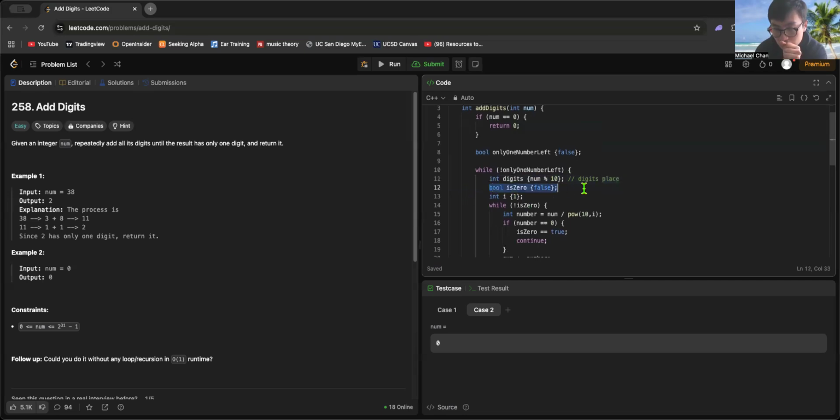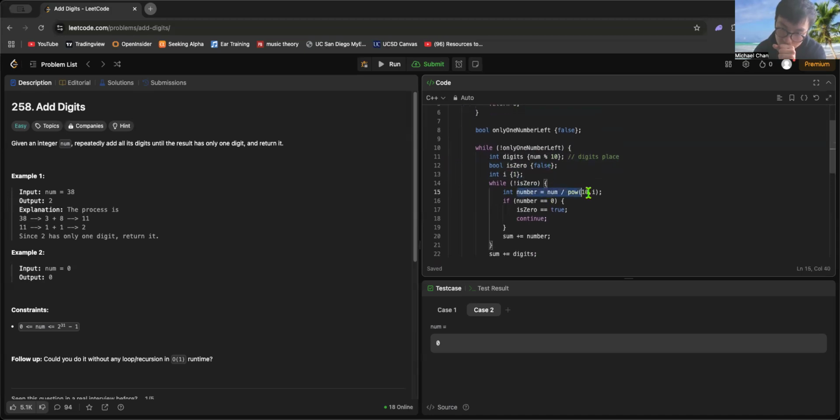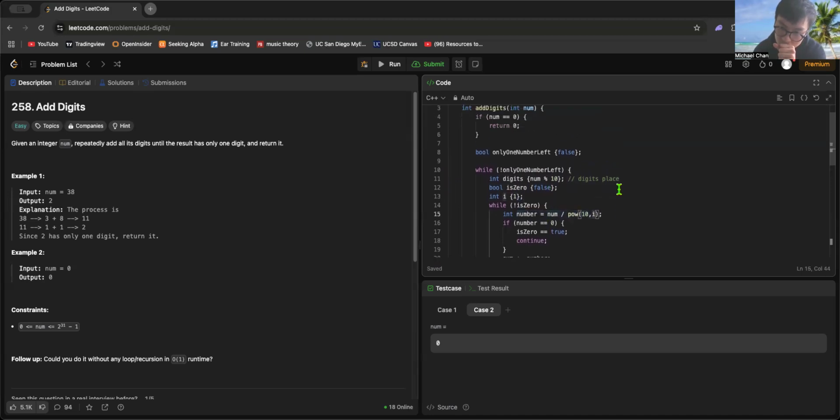And then a 0. And then in I, okay, while it is not 0, the number of that digit will become